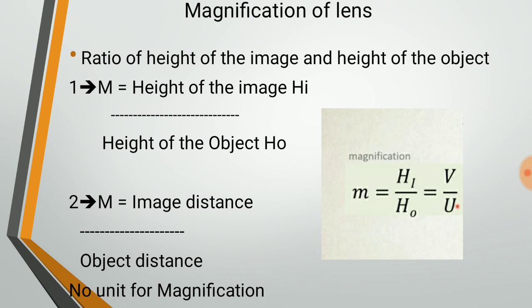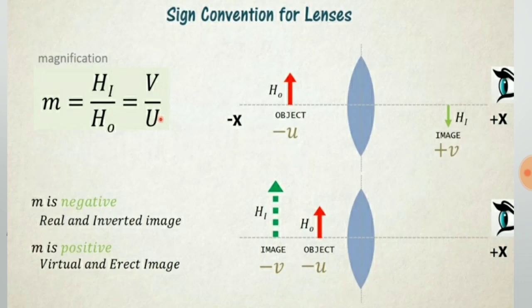But while writing the answer, if asked in any question, you have to write it as 2 times enlarged, or 5 times diminished. You have to mention how many times the height of the image is compared to the height of the object, as a ratio. So as a summary, we can see the magnification m is equal to hi by ho is equal to v